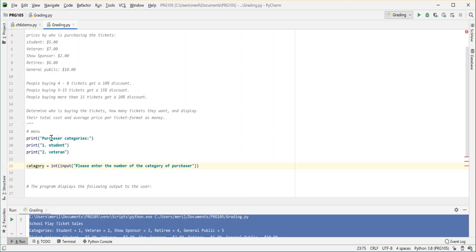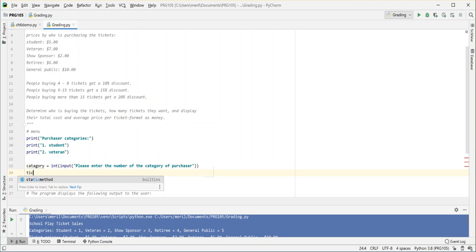We need to figure out what are they. Now again, I'm just choosing 2 here. And would be ticket,